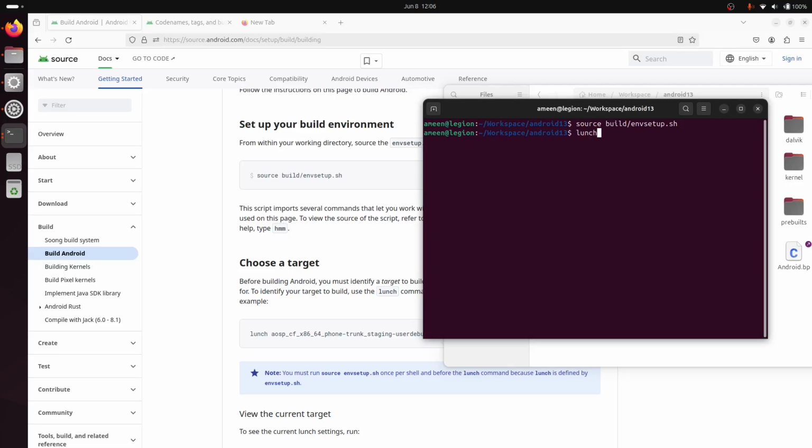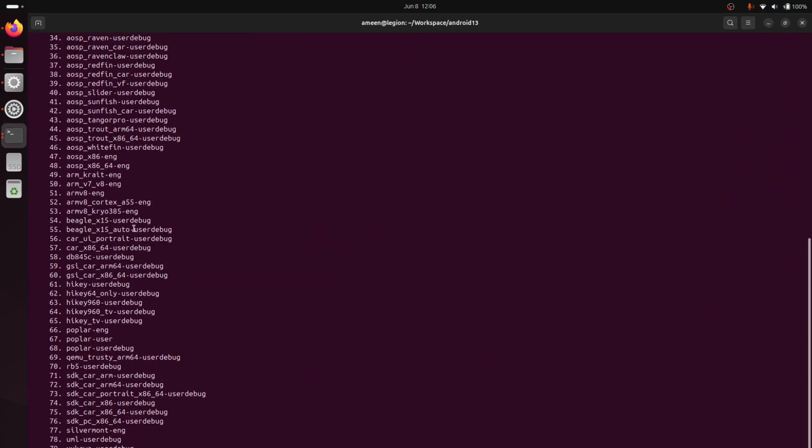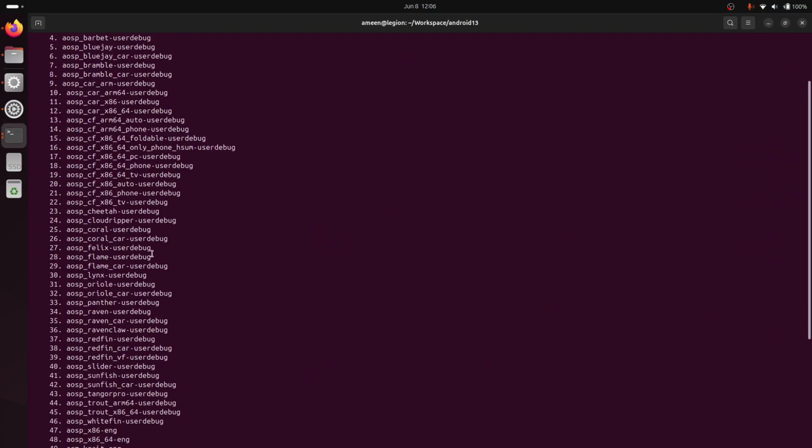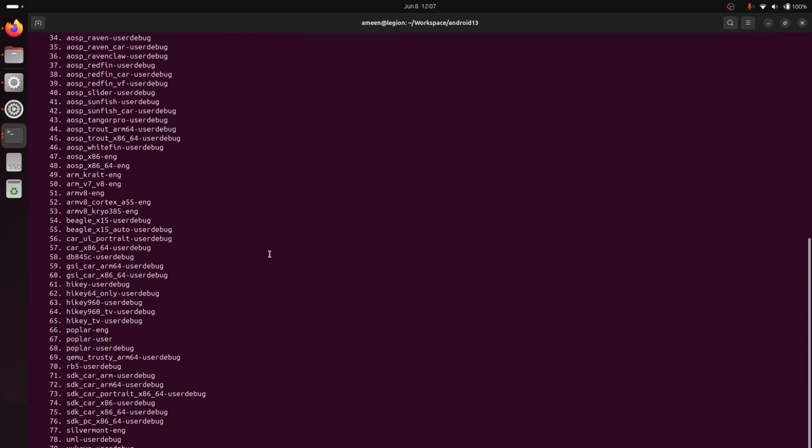You just enter lunch, and this will give you all the available build targets. You could use a specific one if you have to test something. Option 74 is the one I usually use, this is a car SDK. So 74 here,